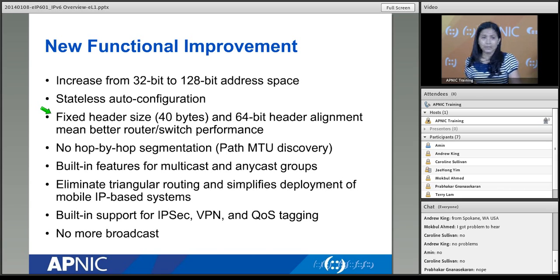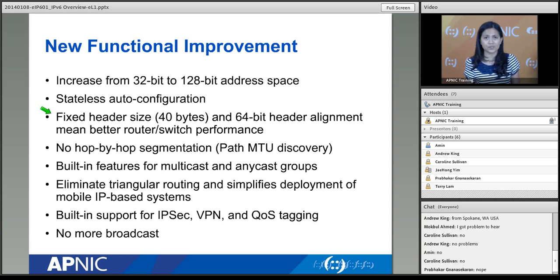Next, it uses a fixed header size, which is 40 bytes, compared to 20 bytes of IPv4. We will look at that more closely later on as we see the actual headers and the different header fields. Suffice it to say at this point that a fixed header size can result in better performance for your router or switch or any equipment.